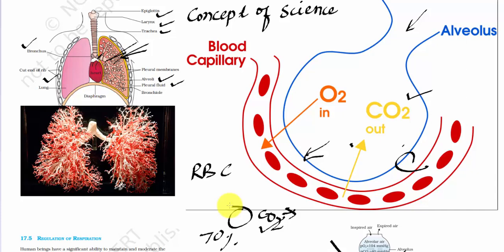Now there is a practical question coming from this. When you go up in the hilly area, there is less oxygen, so the hemoglobin present in your body or the red blood cell count present in your body is not sufficient to meet the body requirement, that is the requirement of the catabolism, energy releasing reaction. So what will happen? You will feel uneasy when you go uphill. The count of hemoglobin in your body will increase if you remain there for some time. If you come down, then again body will adapt and the hemoglobin count will come down, because that much hemoglobin is not required. That's why the people living in the hilly areas have more hemoglobin in their blood.